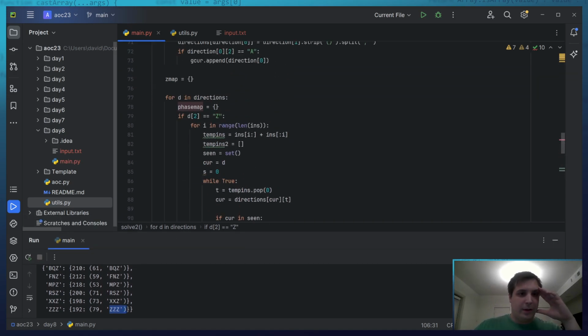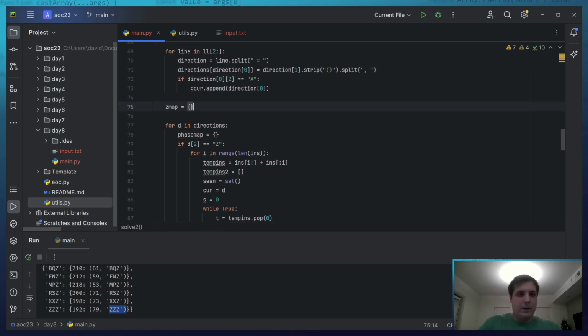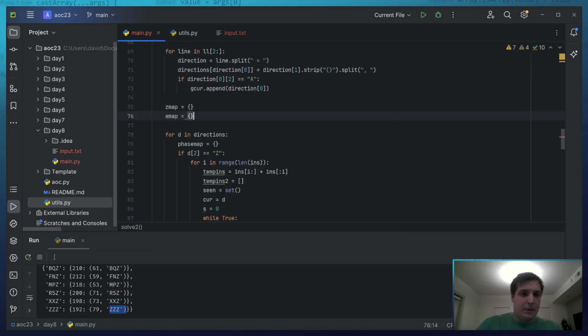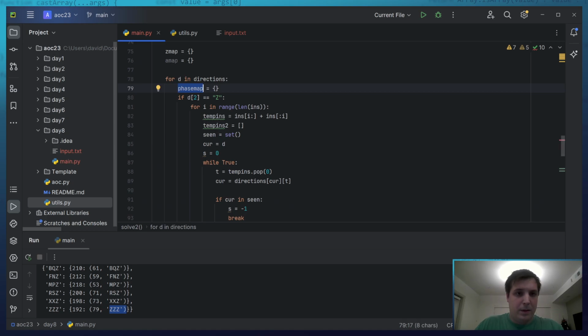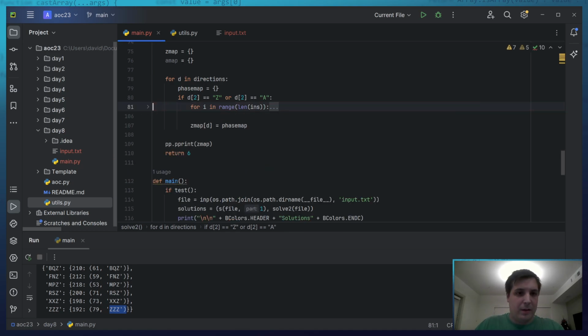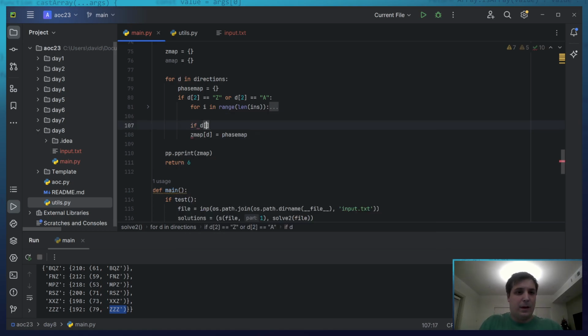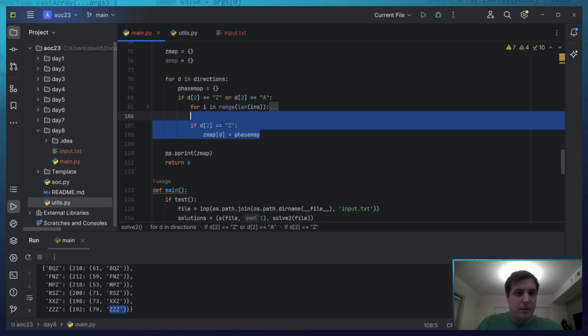I'm gonna really quickly do the same for A. A map. Okay, face map. Now, D2 equals A, then I want to say, if D2 equals Z, I want to put it into the Z map.